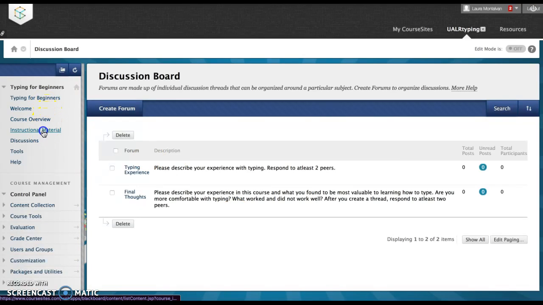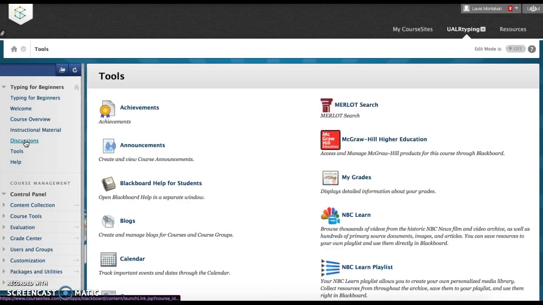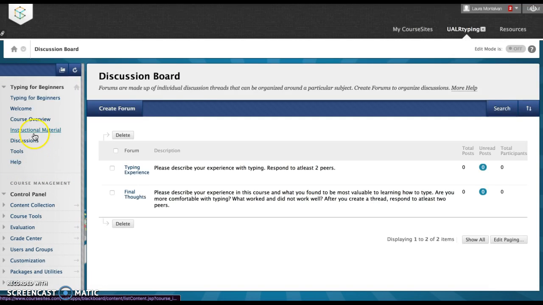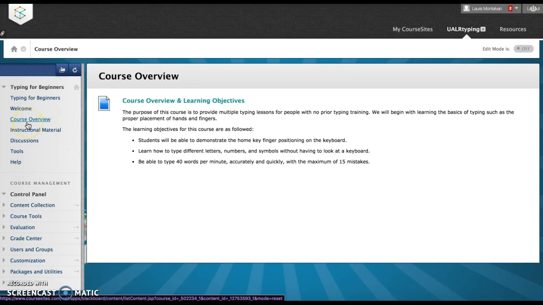So there's nothing too tough about this course. I'm hoping that you can get through it in a breeze and learn quickly all the keys so that you can type faster and it can help you out in the workforce and everything. So yes, this has been a walkthrough through the course, and I hope that everything is just